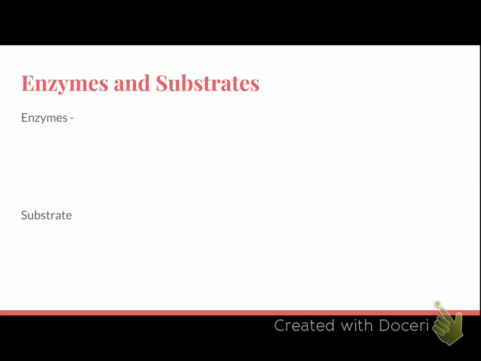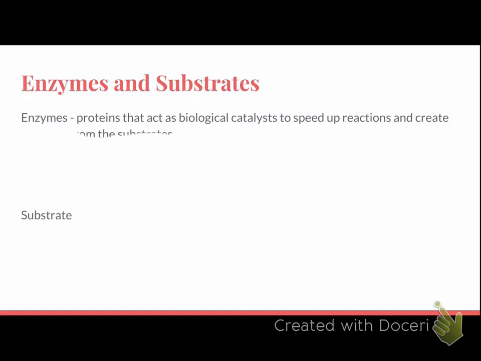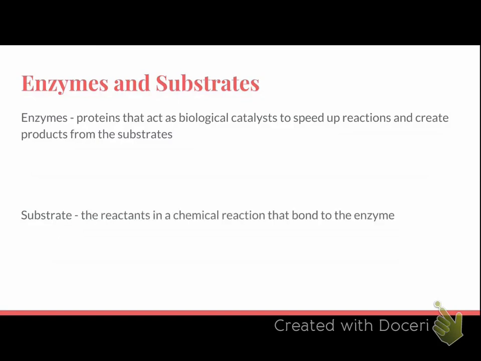So the first one is enzyme. So remember that enzymes are biological catalysts, which means that they are found in living things, and because they're catalysts, they will speed up reactions, and then what's going to happen from that is we're going to create products from a chemical reaction. Those products are going to come from our substrates. So then what's our substrate? They are the reactants in our chemical reaction or our chemical equation,